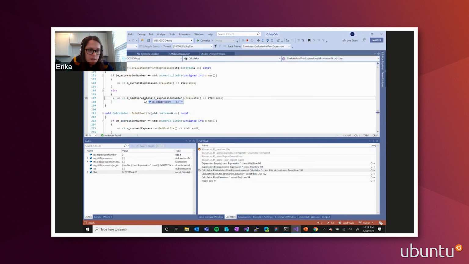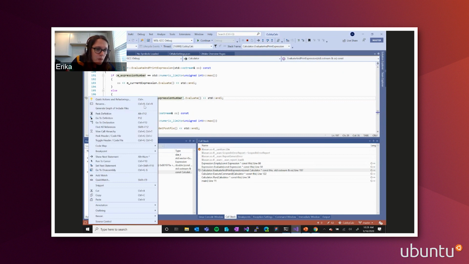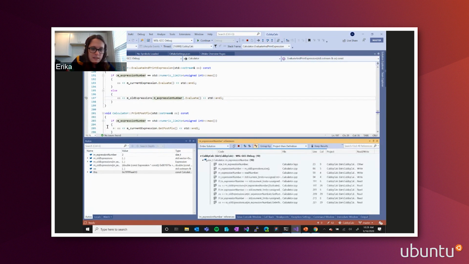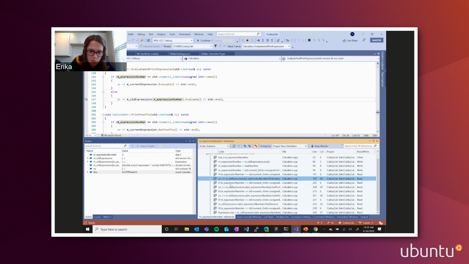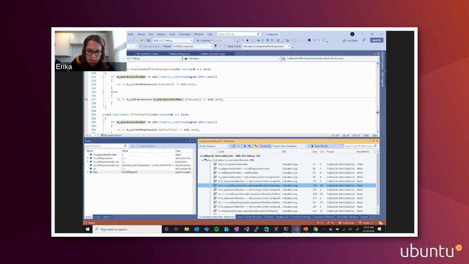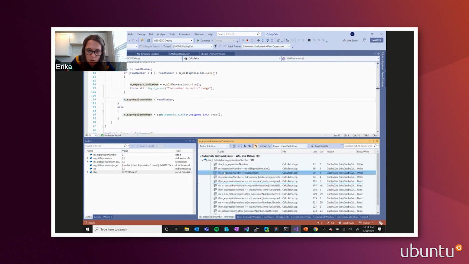and so it looks like here I have an array indexed at 0 with 2 elements, but I'm trying to access the second element, which is out of bounds. So I'm going to see where this M expression number is being set. So I will find all references. It looks like all these bottom results are just comparison operations. This is where it's being set in this file. So I'll go here,